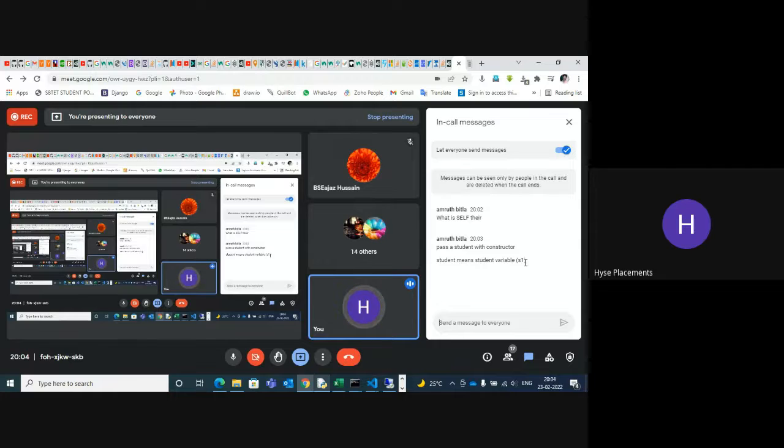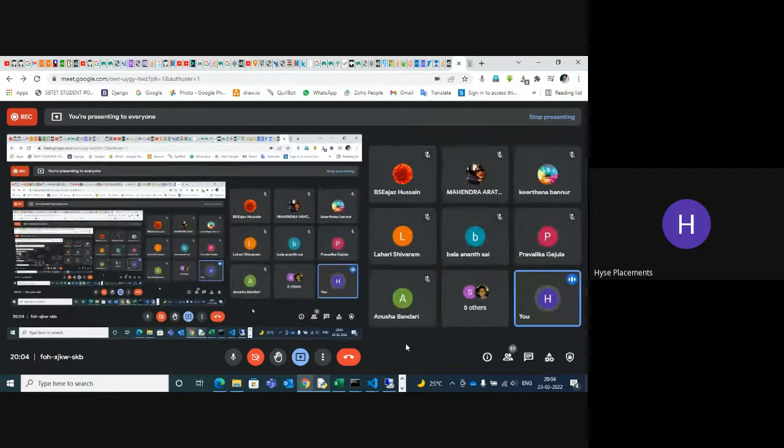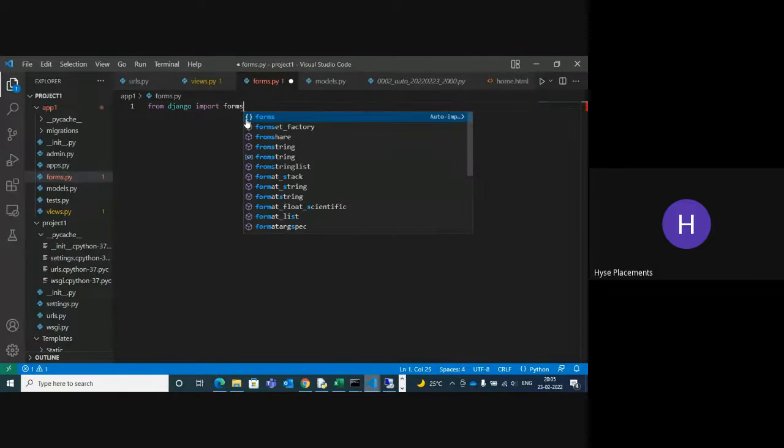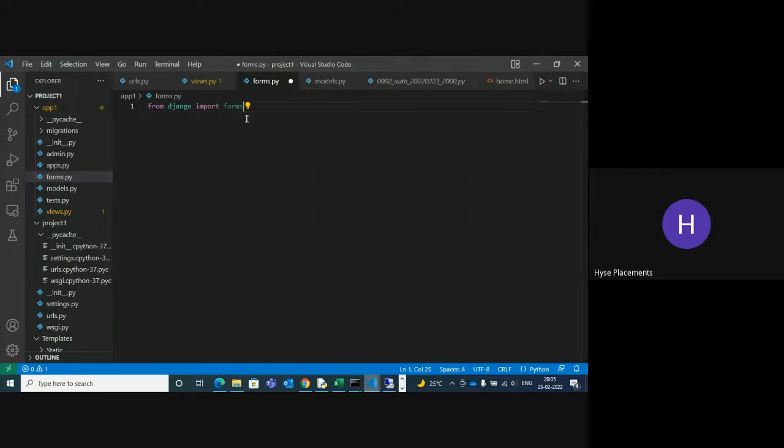Now you can give the construction method. From Django import forms. This forms you can utilize now. You can create one class, and this class name I can give as user.